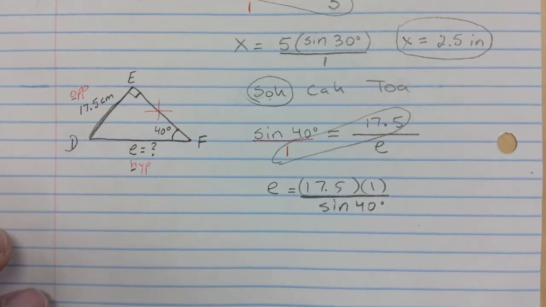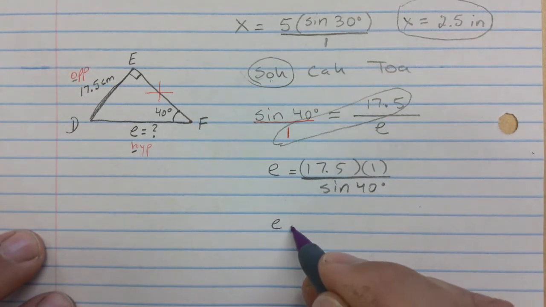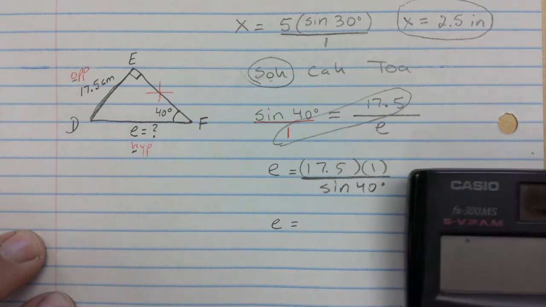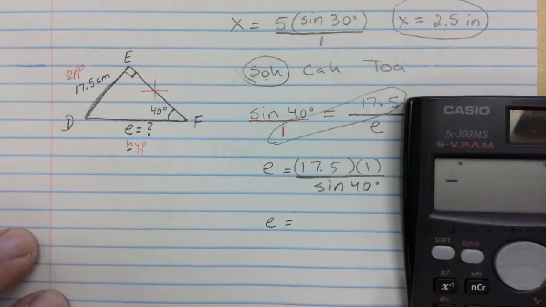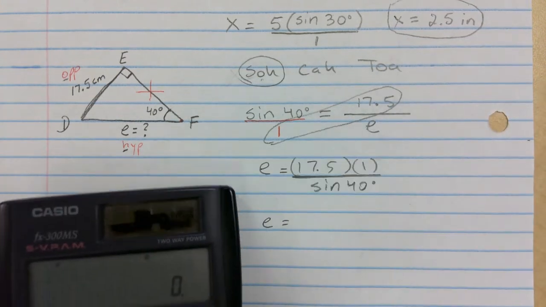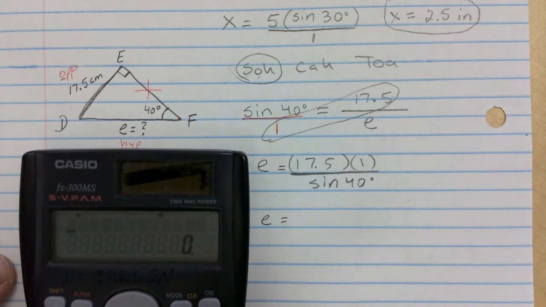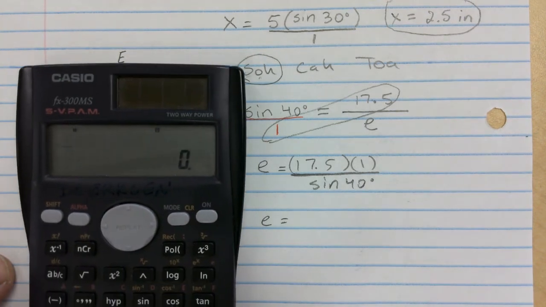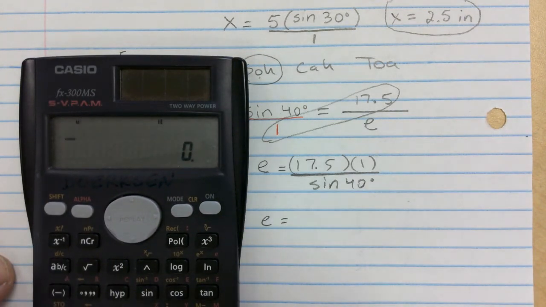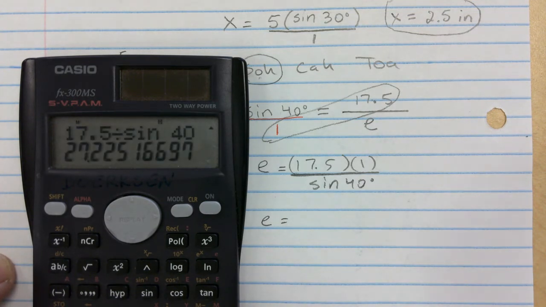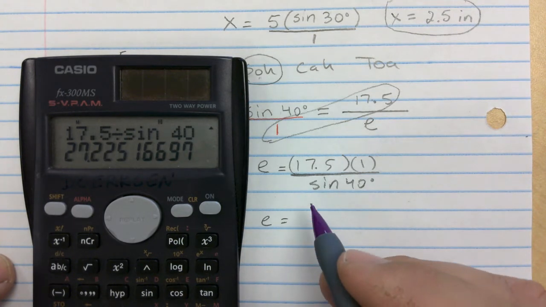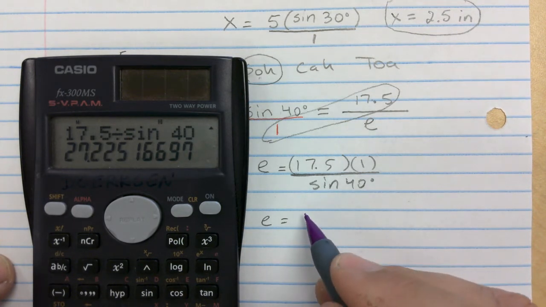Now, I encourage you to use your calculators as you're working along because sometimes you have some issues with calculating these things, and it's because your calculator is different than mine. Okay, so I'm going to do this over here. So I go 17.5 times 1, which is just 17.5. I'm going to go divided by sine of 40. If you don't have a two-liner, you're going to have a bit of an issue, and I will show you how that's done in a bit. Anyway, so that I get